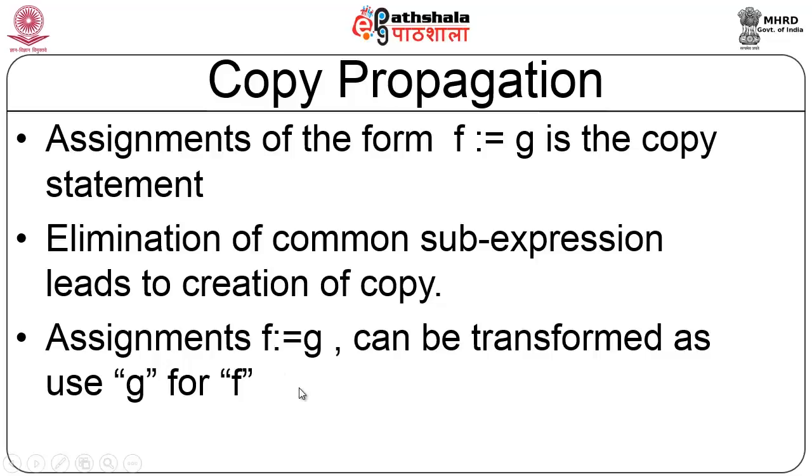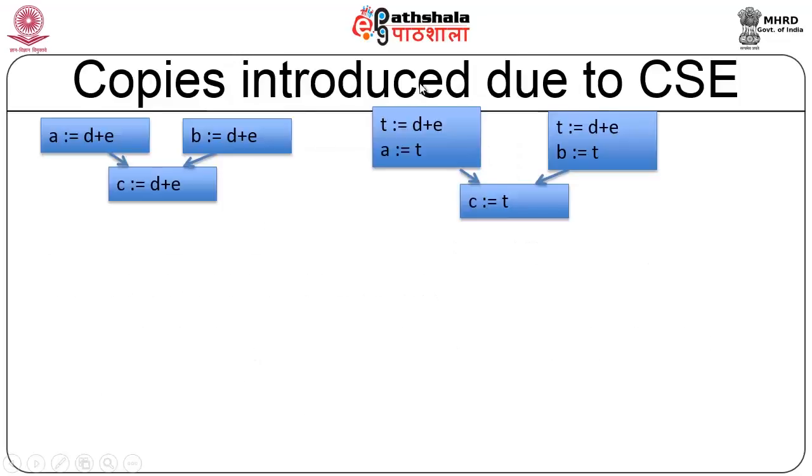So, after ensuring that, I can use g in place of f itself. So, copy propagation is introduced here. For example, I have a is equal to d plus e and b is equal to d plus e here, and I am computing c is equal to also d plus e here. How will this get changed? Use a temporary variable t and convert this to a equal to t. So is the case here, t is equal to d plus e and b is equal to t, because